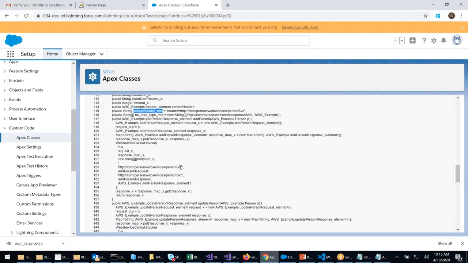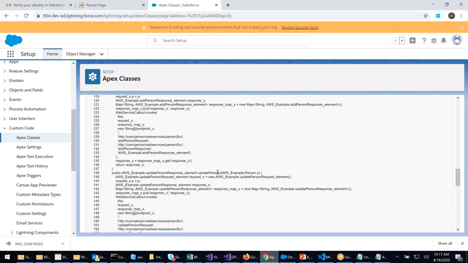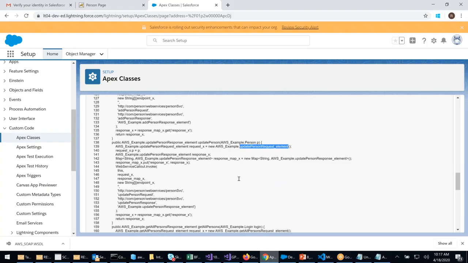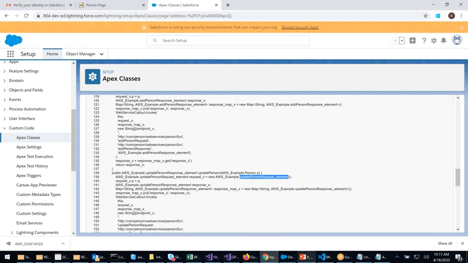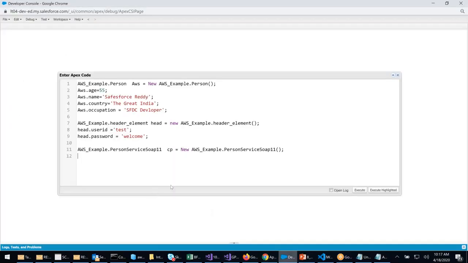String person response. Right. How is it made? Response equals new response. Amazon request. Right. Person use person mapping. Person response. Okay. Let's go ahead. So I will say CP dot. Why is the system not giving the help? CP dot